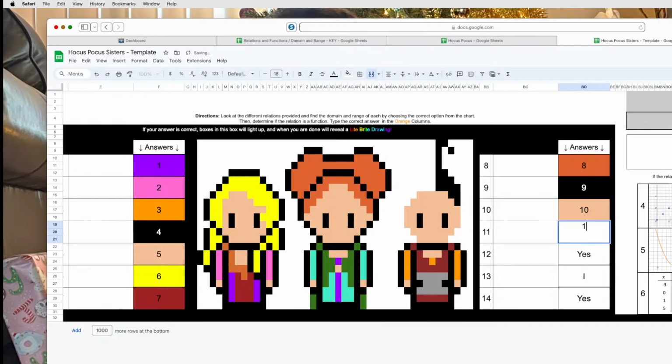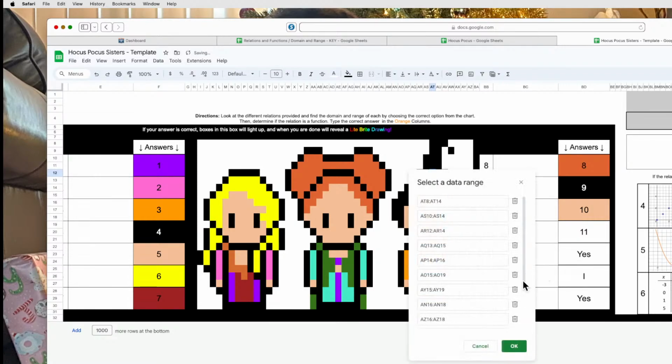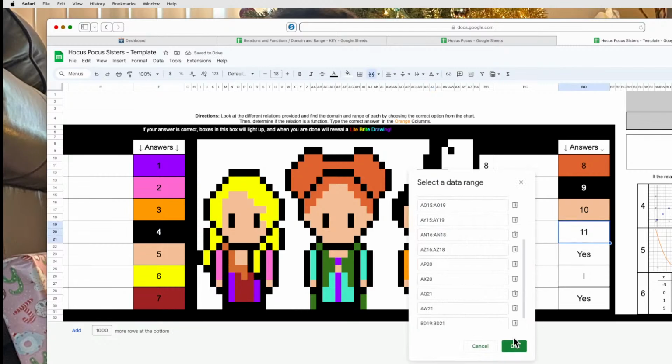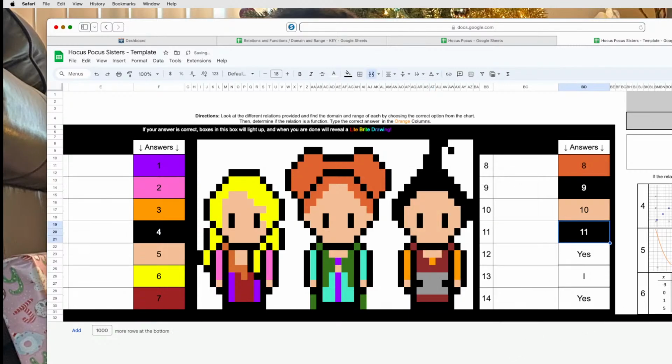Okay, 11. 19. 46. Done. Okay. So again, I'm taking this template